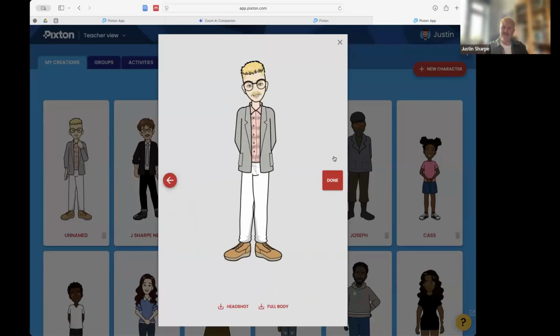And hopefully, if you're following along, you've done the same thing too. If you're a little bit behind, that doesn't really matter. I'm going to download the full body one. Now, this will download into my downloads folder, which you can't see, but I know that it's going to come up on screen. And for that, I'm going to click